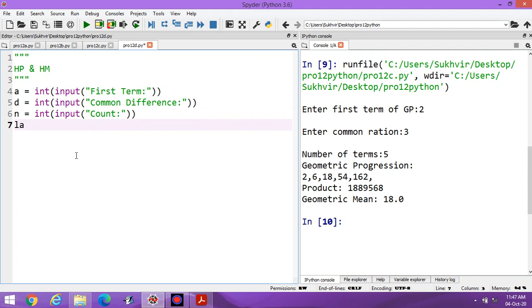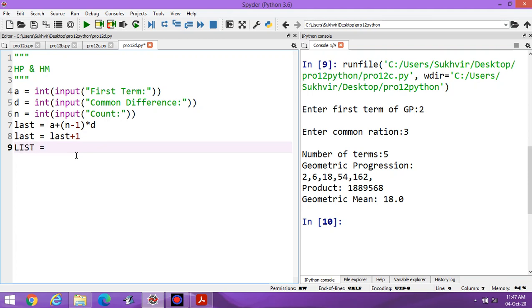Now what about the last term? Last term is a plus inside bracket n minus 1, then multiply d. This one is the last term. Then you have to write last is equal to last plus 1. This one is the displaying of arithmetic series.